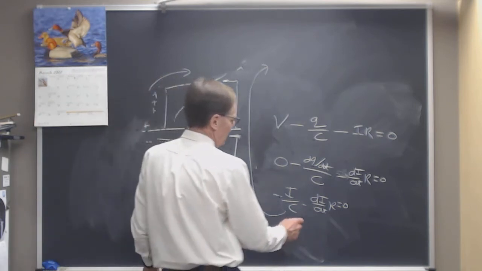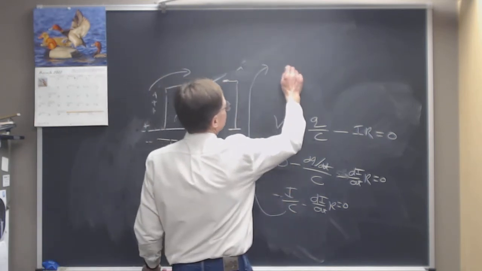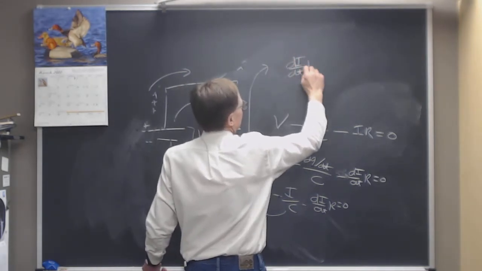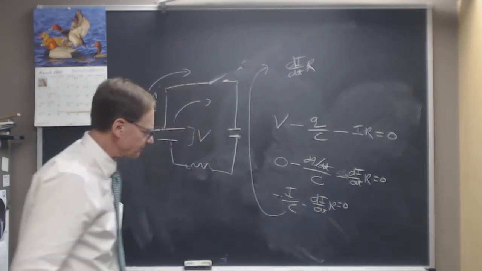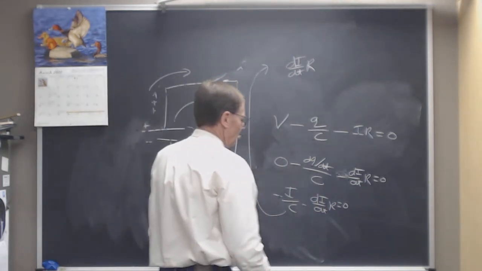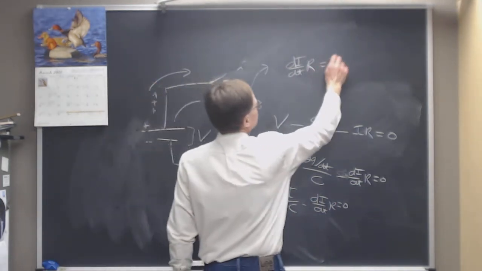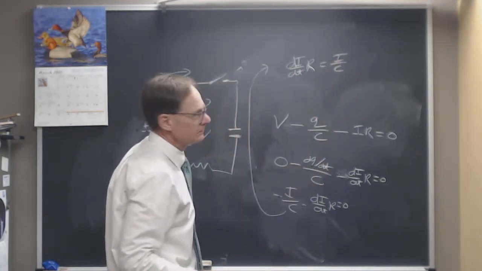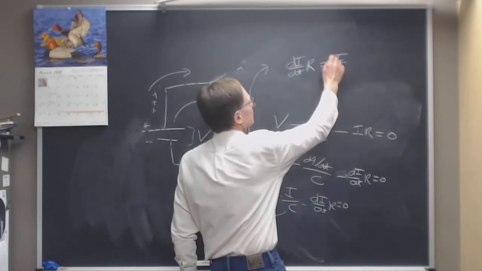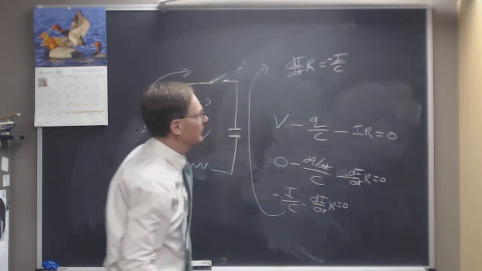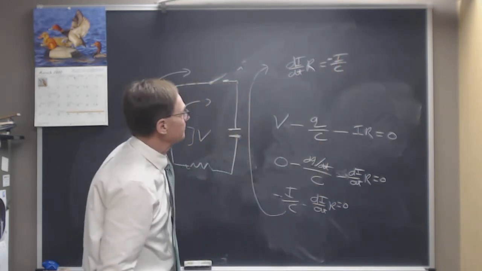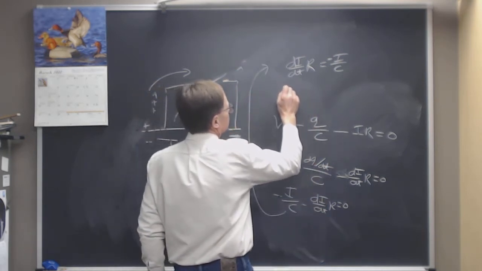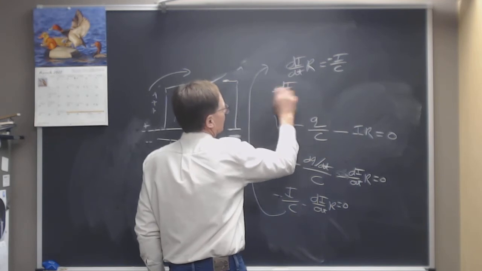Let's see, minus dI/dt times R is going to be equal to minus I over C. Minus, I say the word, I don't write the symbol. Okay? Now let's separate variables. Don't worry about whether we can or can't. We'll worry about that at another time. dI over I